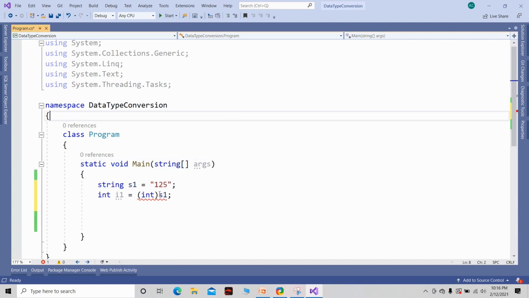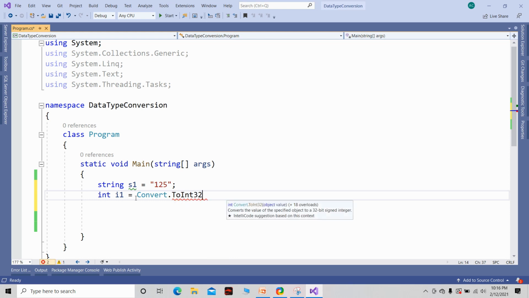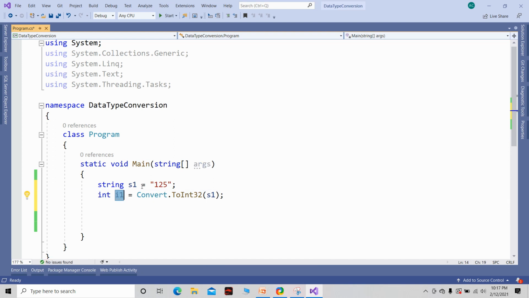So for this we have some inbuilt functions. What are those? I'll show you. We have something called Convert.ToInt32. Now if you pass s1 here, this internal function will convert this string to an integer.